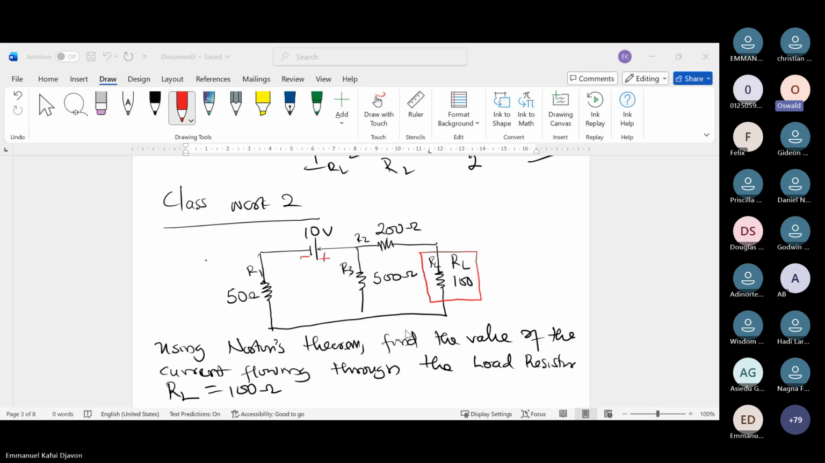That's what I'm suggesting, because when you remove the load resistance, 200. If you are solving 200 ohms and 500 ohms in parallel before you come and add it in series with the